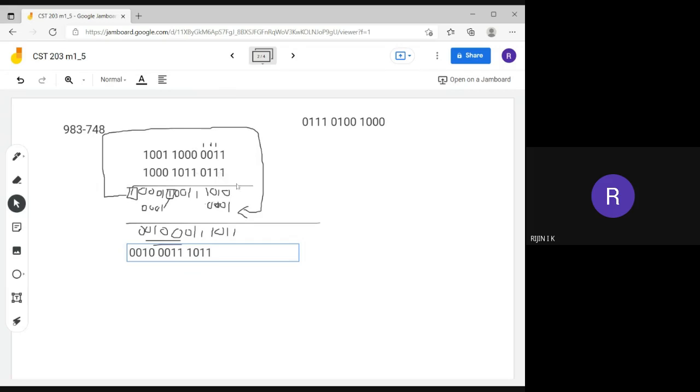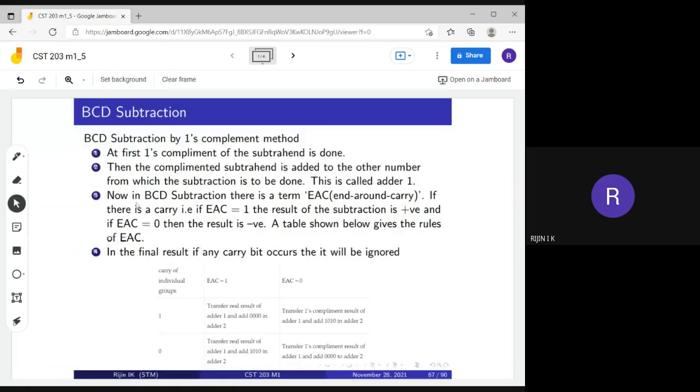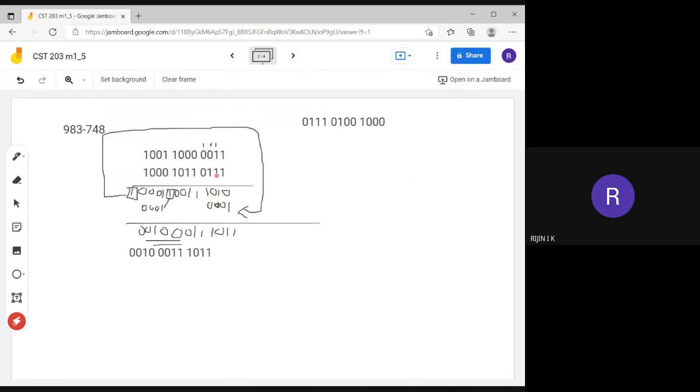Then what we have to do is copy this number into the second addition. That is what it is saying here. Now in BCD subtraction, if there is an end around carry after performing the addition operation, there is a carry generated, an end around carry.